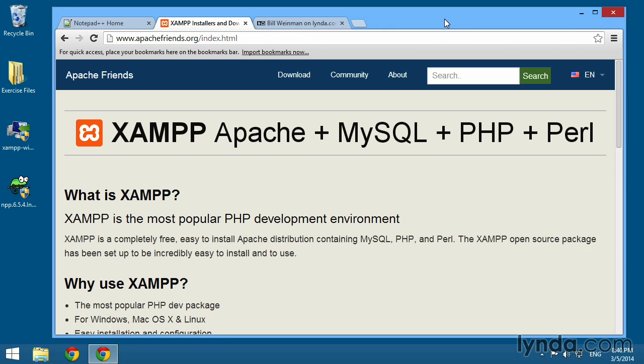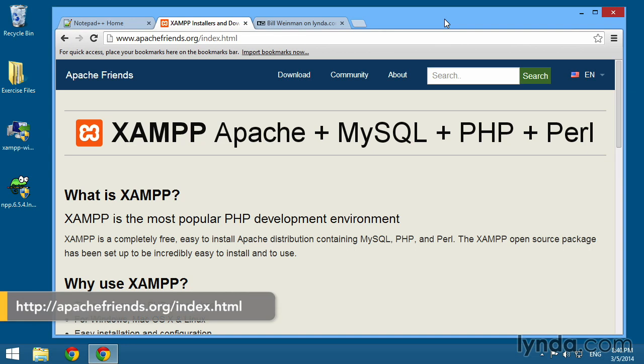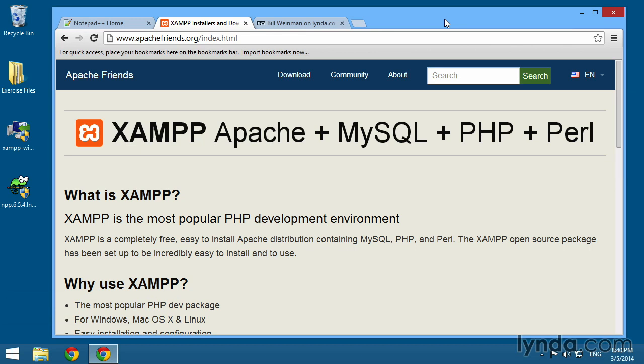In this lesson, I'll show you how to install XAMPP on Windows. First, you need to make sure that there are no other web servers running. The XAMPP package includes Apache, MySQL, PHP, and some other things. Apache is a web server, and in order for it to run, there needs to be no other web servers